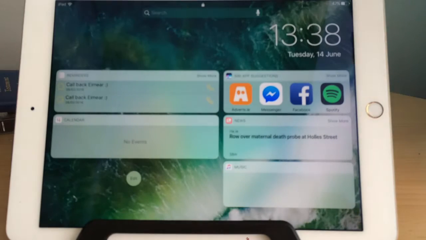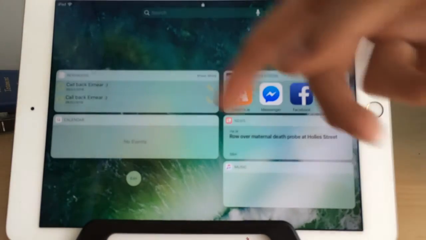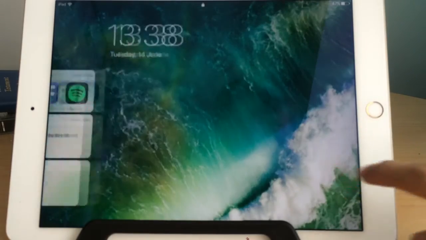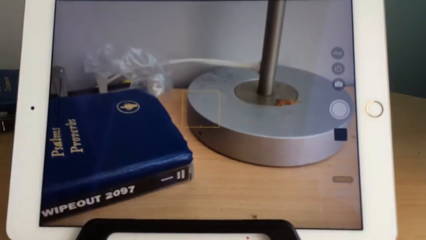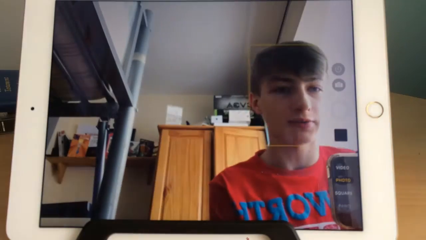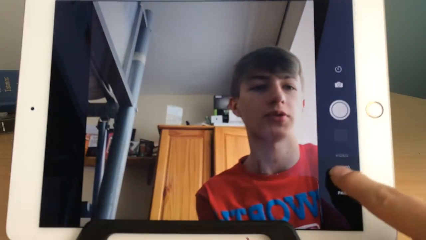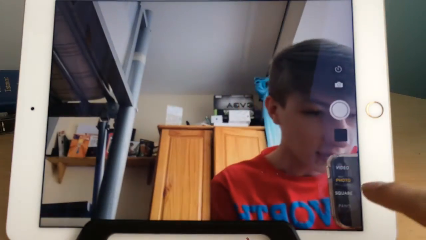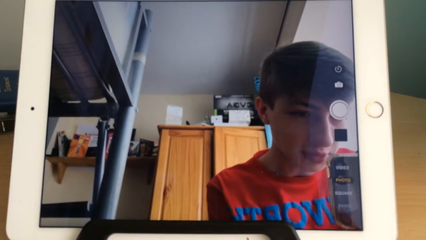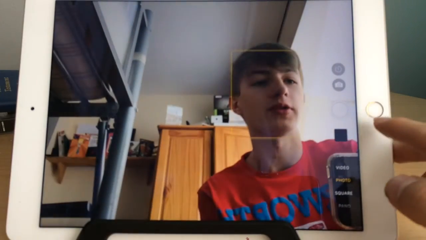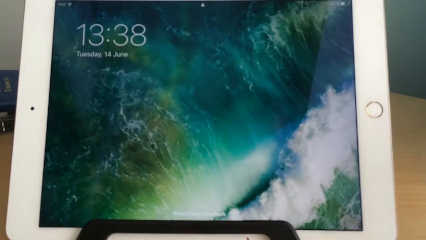you get some Siri suggestions, the news app, music app, calendar and reminders. You can see everything is there, and you also have a search thing for searching for apps, I presume, and to activate Siri. And if you slide left, you're going to be brought to the camera, and if we flip the camera around, there, hello, you can see there's a couple of new options, like not new options, but I guess the interface is new. You'll see kind of button shapes there, and yeah, it's all very minimalistic, very Apple-like, and very modern, very nice looking. So anyways, let's unlock this iPad,